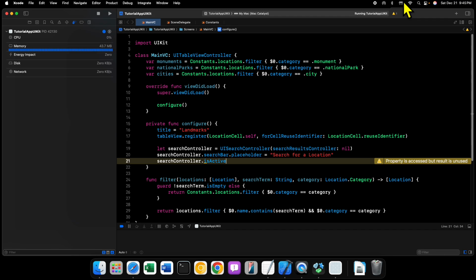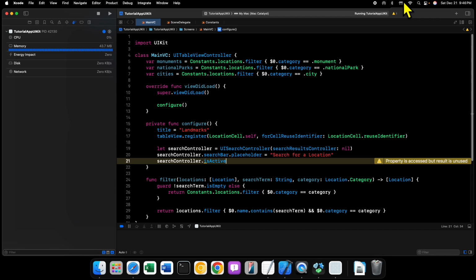So you can set this explicitly, or if you don't set it explicitly, the UI search controller will change the value of is active based on whether or not, for example, the user has scrolled up to the top of the screen far enough to pull it down